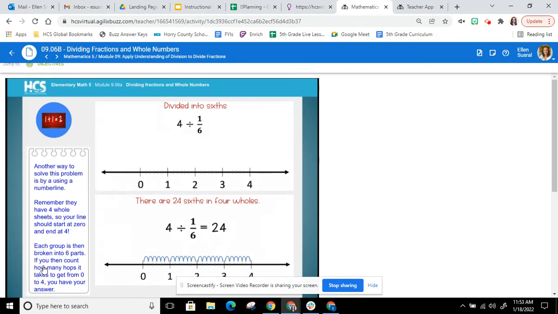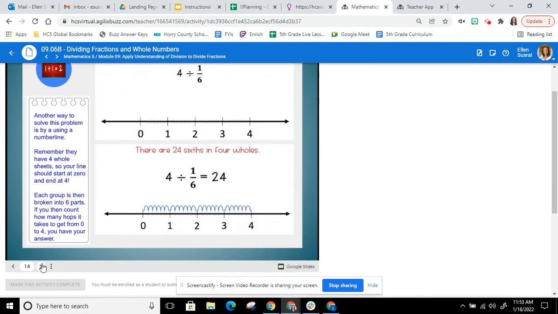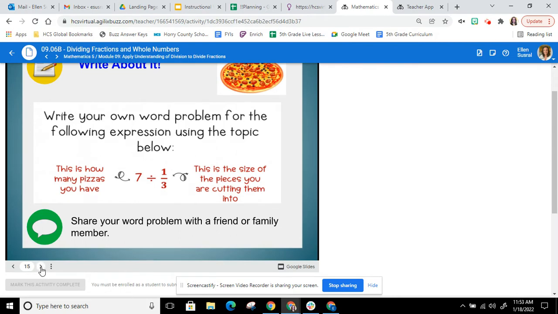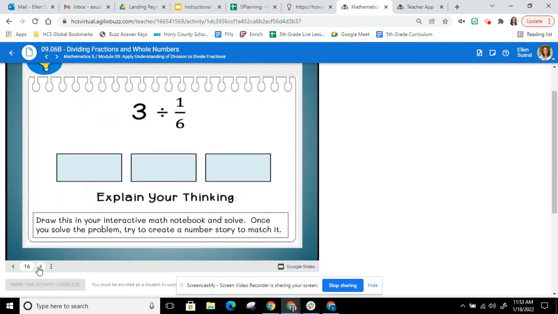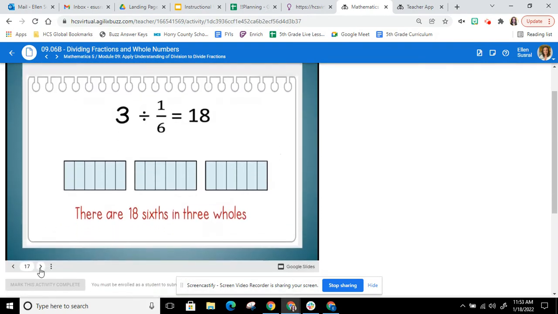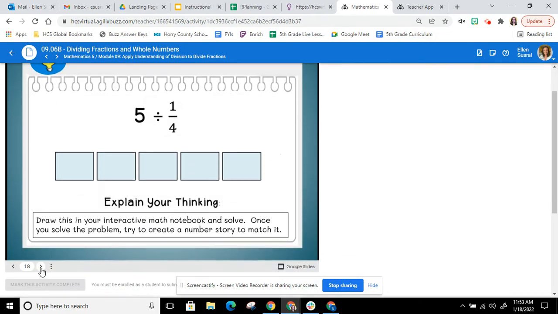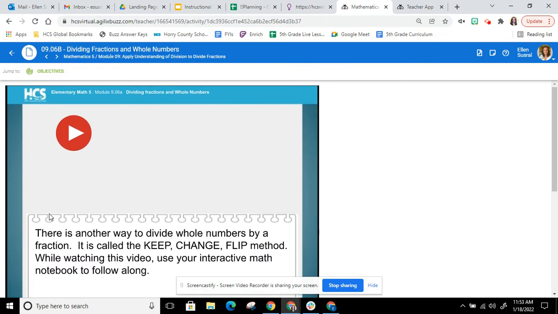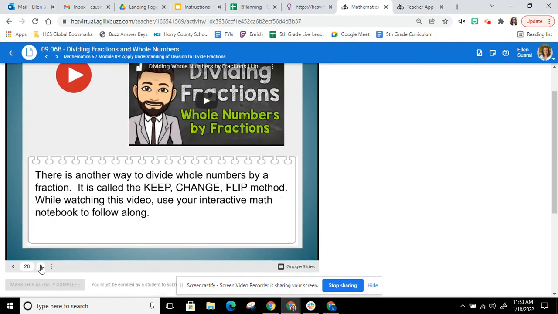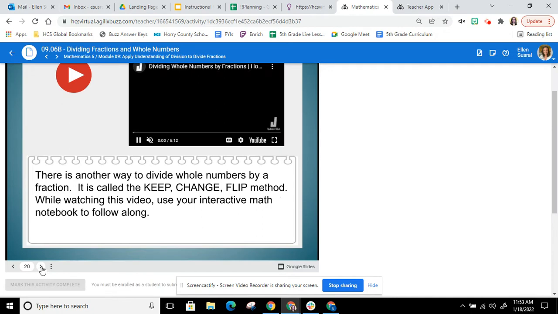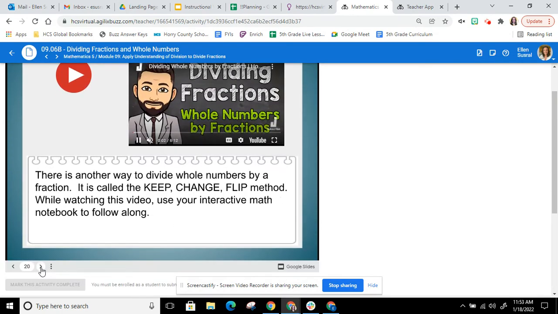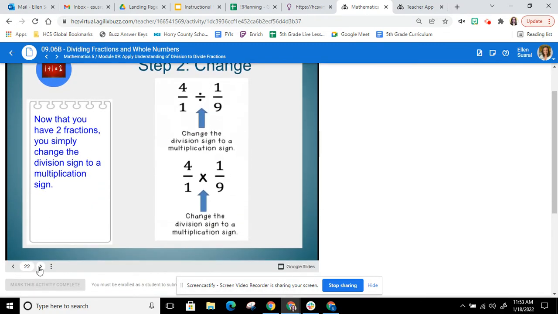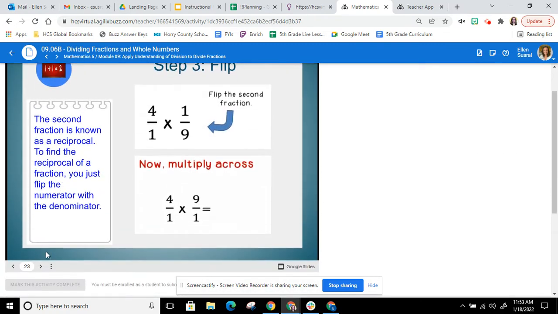More practice. Like I said, there's lots of practice. Once you do the practice, you've got the answer as well so that you can double check your work. Things where you explain your thinking. And again, it's got the answers. Lots of videos for you to watch. More practice, more examples, walking you through step by step,